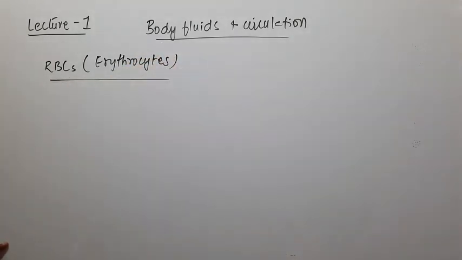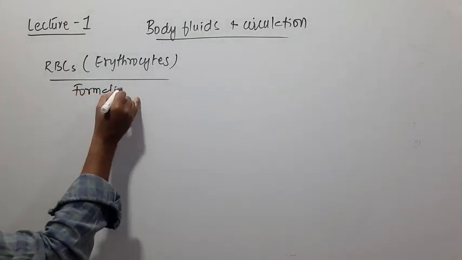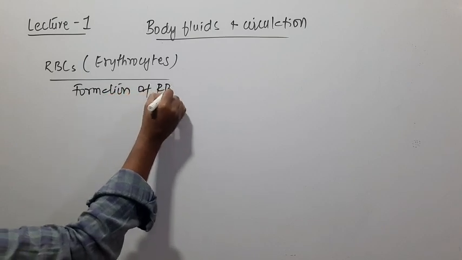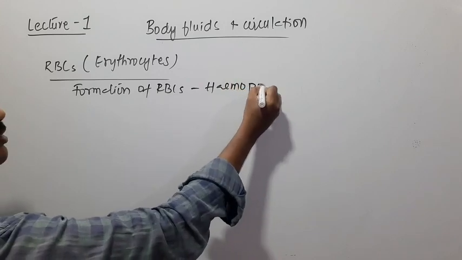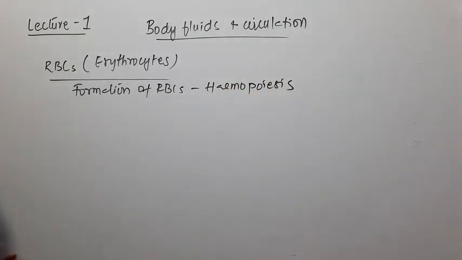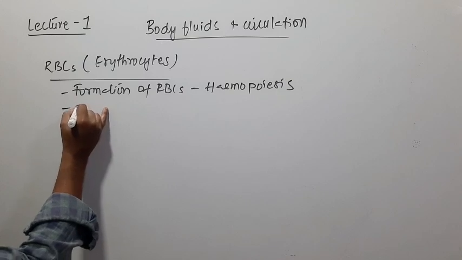The formation of RBCs is what we call hemopoiesis. So the formation of RBCs is called hemopoiesis,